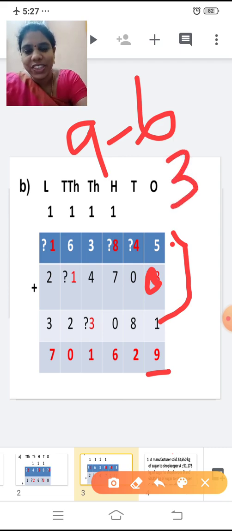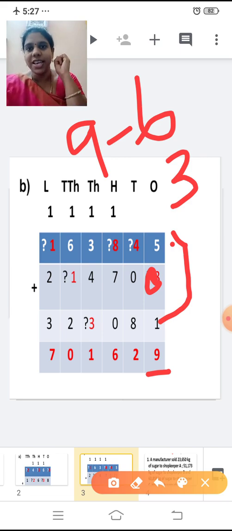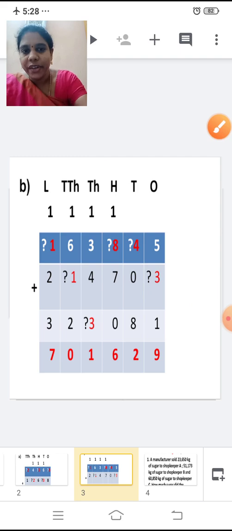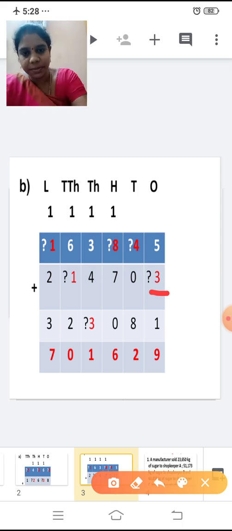3. So write 3 here, or else with 6 I'm going to add a number in such a way that I'll get a sum as 9. After 6 I'm going to add how many numbers? Shall we see? After 6, 7, 8, 9. So I got 9. How many numbers I should add now? 3. So answer is 3. So write 3 in this place. So next, let's move on to the tens place.